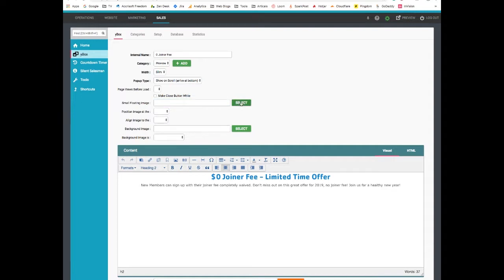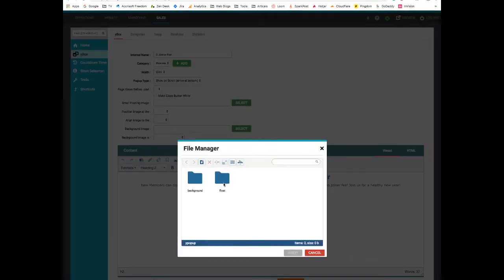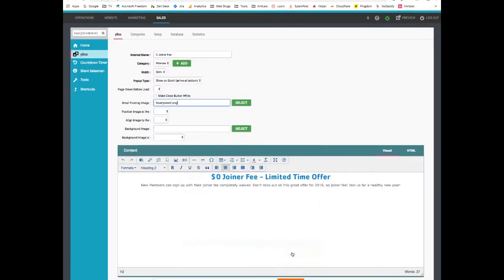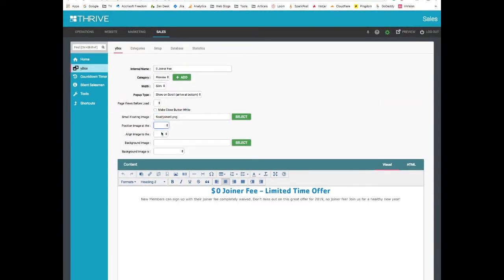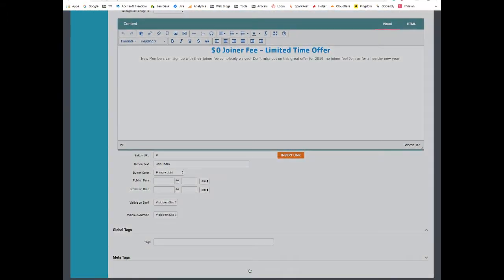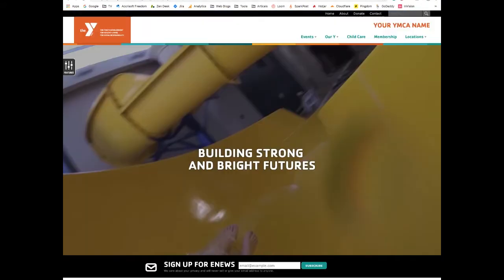We're going to select this, and open this folder called float, and we already have one in here that we have created. So all we have to do is insert this, and let's say we want to position this at the top, in the center. Top center is where we want this. So now we can apply this, and when we reload this page,